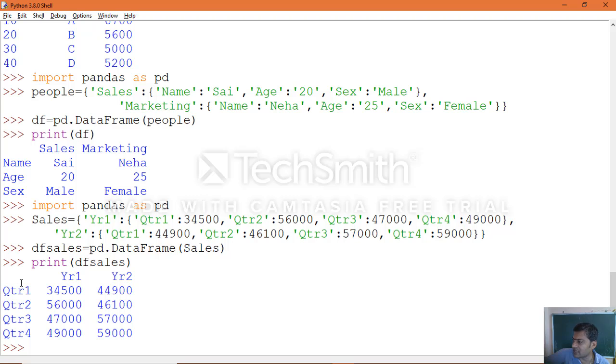For a key that has no matching keys in the other inner dictionaries, the value will be NaN, which means not a number, used to depict missing values. All the missing values will be represented as NaN. So let us take another example of how we can use inner dictionaries which don't have matching keys. Okay, so collect one, where we are creating the inner dictionaries.